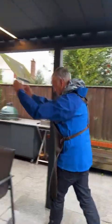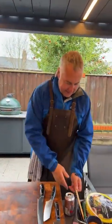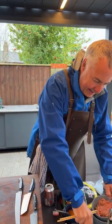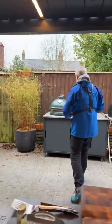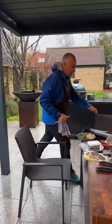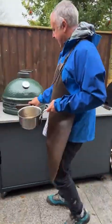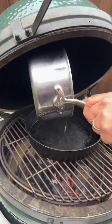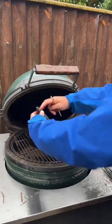So first, right, over here, and chopsticks. The Vietnamese do everything with chopsticks. So we're going to take some mince. I'm going to use this egg. I'm just going to grab a little bit of oil. I cooked up some shallots earlier. In this, we've just got a cast iron pan. I'm just going to put a little bit of the oil that the shallots were cooked in, a clove of garlic, and some